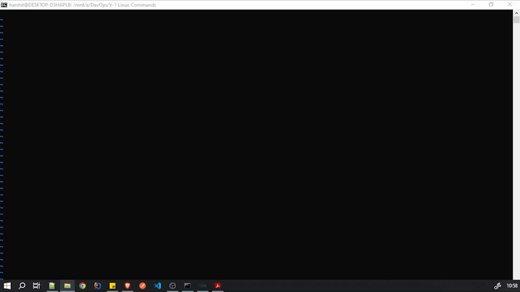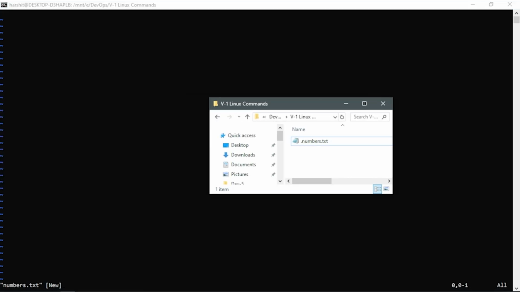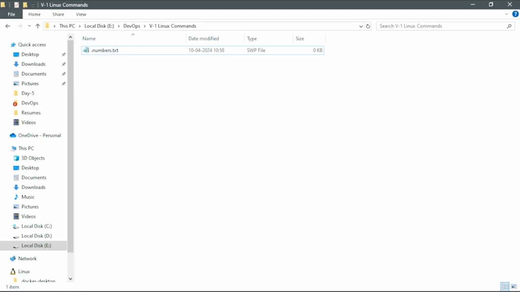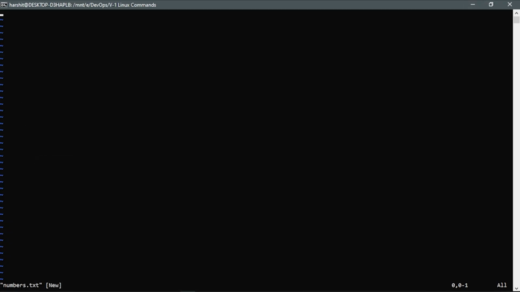So for that we'll see here: this PC, DevOps, v1, Linux commands and numbers.txt. So as we are here, let's start our work. We will be inserting 1 2 3 4 5 6 6 5 22